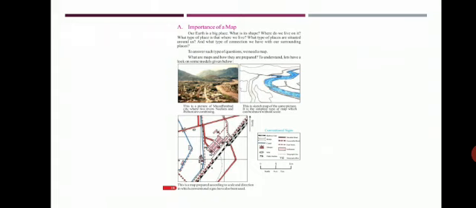Now we are going to understand the importance of the map. Why do we need maps? Our earth is a big place. What is its shape? Where do we live on it? What type of place is it where we live? What type of places are situated around us? And what type of connection do we have with other surrounding places? There are so many questions, and these questions can be answered with the help of the map. So we need a map if we want to find the answers to these questions.